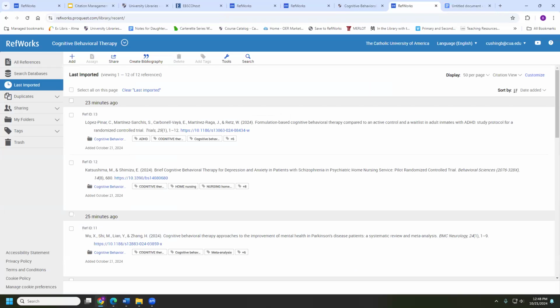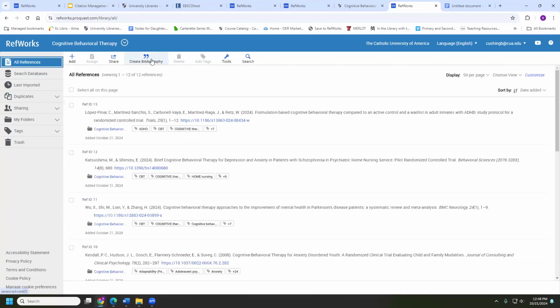And those are the 2 different ways you can create bibliographies in RefWorks. And again, quick cite is great if you want to add in-text citations as you're going and then create your bibliography. Or if you just need the bibliography of certain references, use the create bibliography